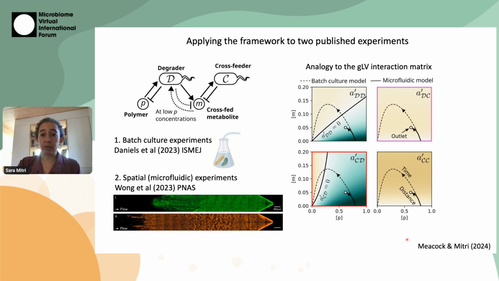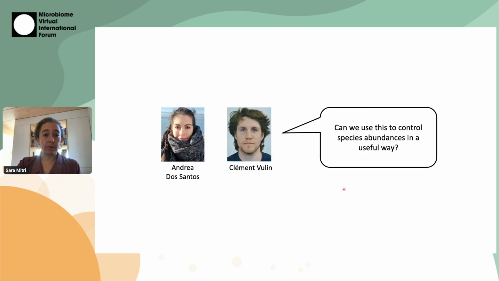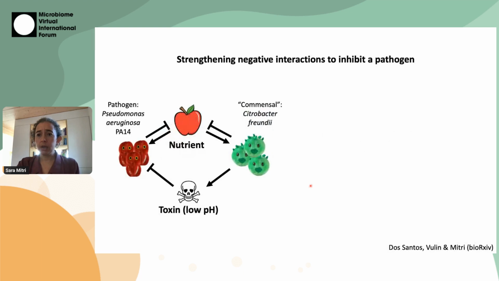Okay, so moving on now to a more applied side of this work. We had a follow-up project with Andrea, who is a former PhD student, and Clément, who's currently a senior scientist in the lab. And their idea was to see if we can actually use these concepts to control species abundances in a useful way. So when they're thinking useful, they were actually thinking about pathogens and whether we could use this understanding to suppress pathogen growth. And so essentially we have the same type of diagram as before,